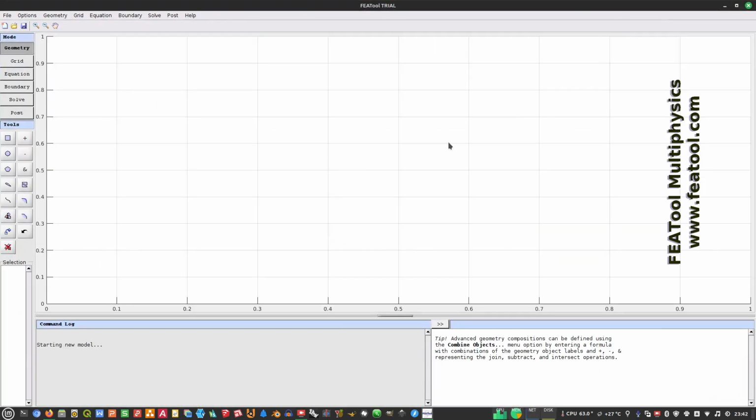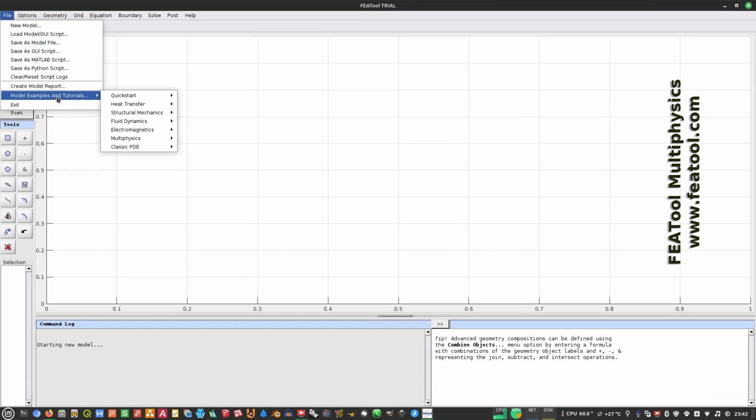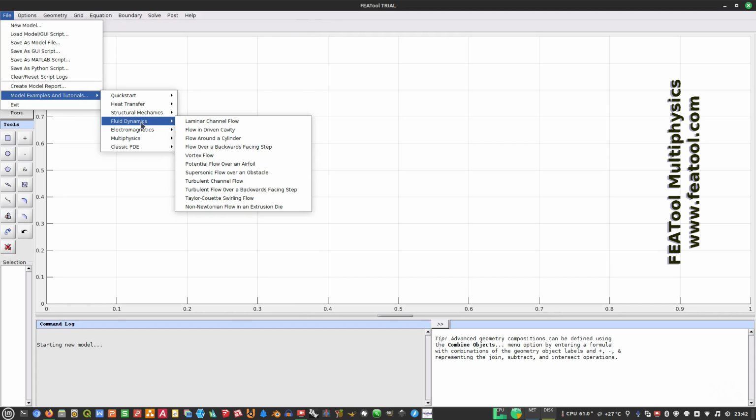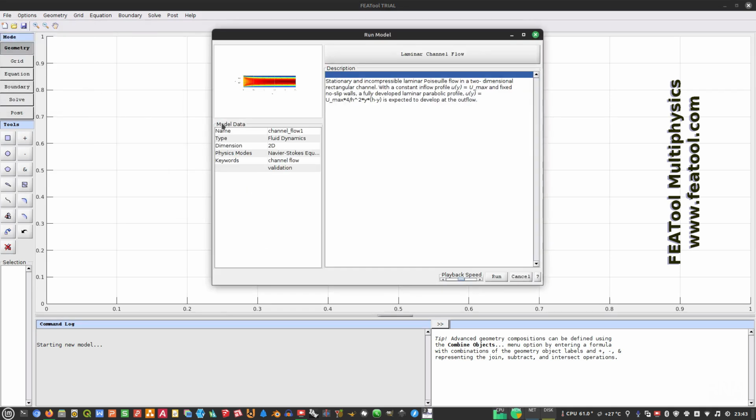Okay, so to use this program, what we can do is just go to File, then Model, Example, and Tutorial, because the beauty of this program is that it can give you the overview by using the example. So in this case, I will show you the fluid dynamics laminar channel flow. So if you click this, and then